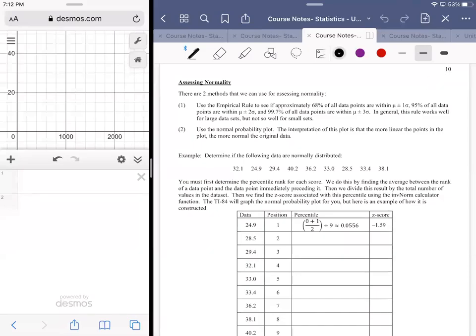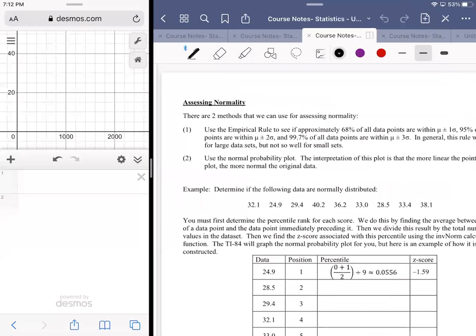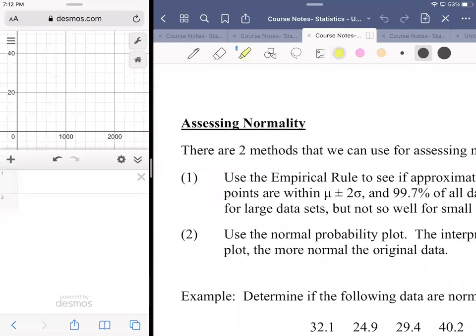So what we want to do is learn how to assess normality. Now, normality is a weird term because it's got a finality to it, right? There are two ways that we can assess normality. It's like, okay, well, hold on, what is it? What is normality? To determine normality is really to determine whether or not you're dealing with a normal